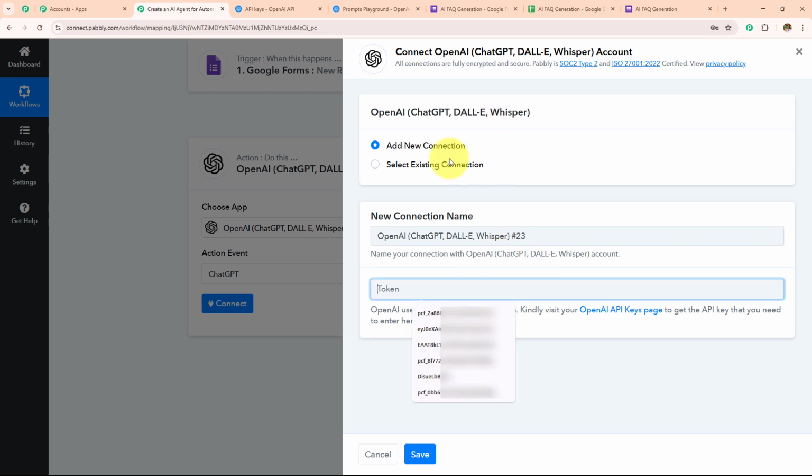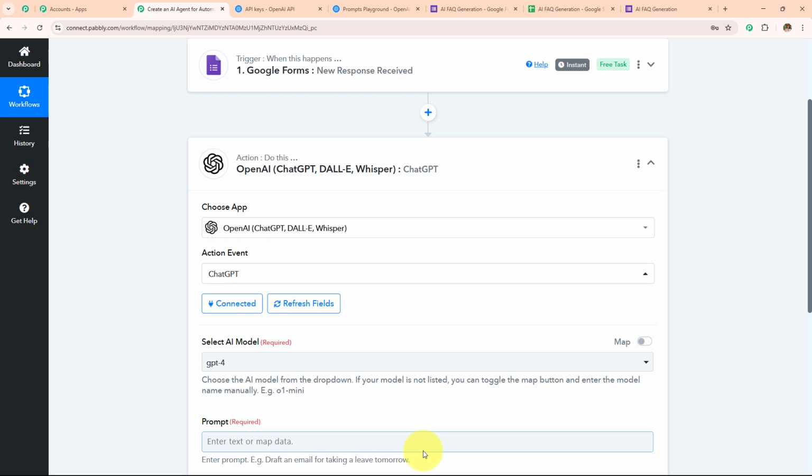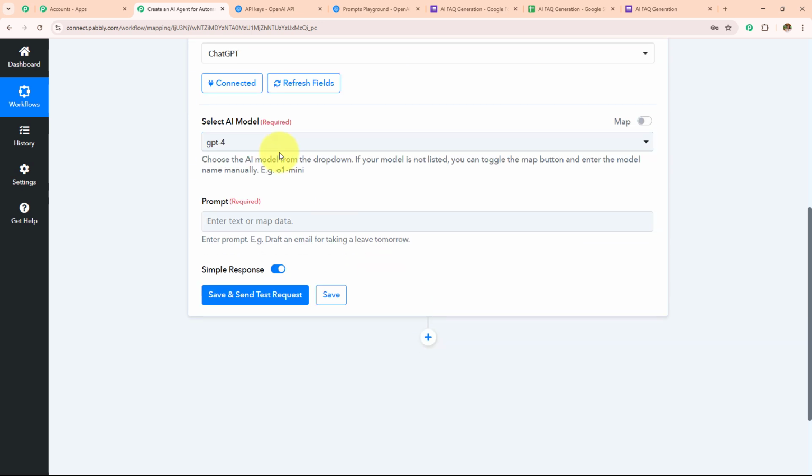Here, as I already have an existing connection, I've created this connection multiple times, so I'm selecting the existing connection and then going with save. Here, OpenAI is connected with Pabbly Connect, and now I have to enter these details, the AI model and the prompt. From this drop down, I'm going to select my AI model as GPT-4o Mini, and then I'm going to